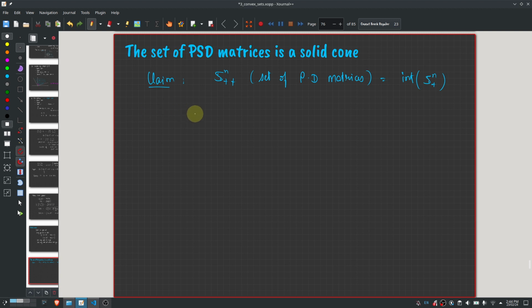So effectively, if A is a positive definite matrix, then basically what we want to show is that there exists some epsilon greater than 0. This epsilon could depend on A. Okay, so we want to show that there exists some epsilon greater than 0 such that